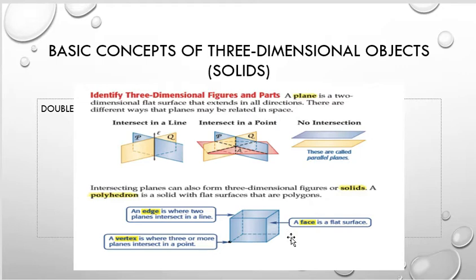There are different parts of polyhedrons that you need to understand better. An edge is where two planes intersect in a line. So here, for example, this line is an edge. Why did we say that is an edge? Because it is the intersection of two planes. I'm going to highlight the two planes that intersect at that line. This is the first plane, and the other one is the one at the back with the broken side, because it's not actually seen